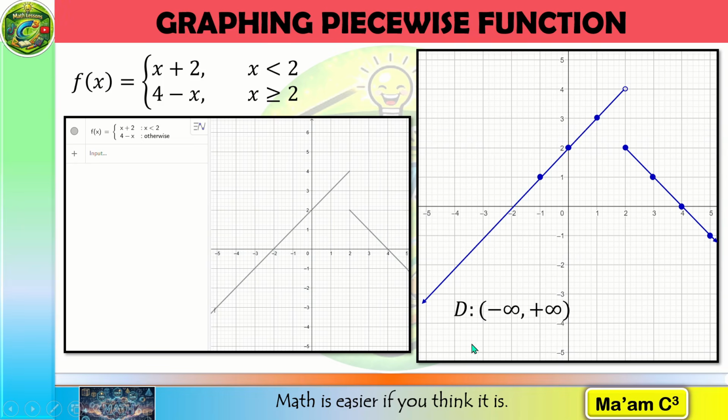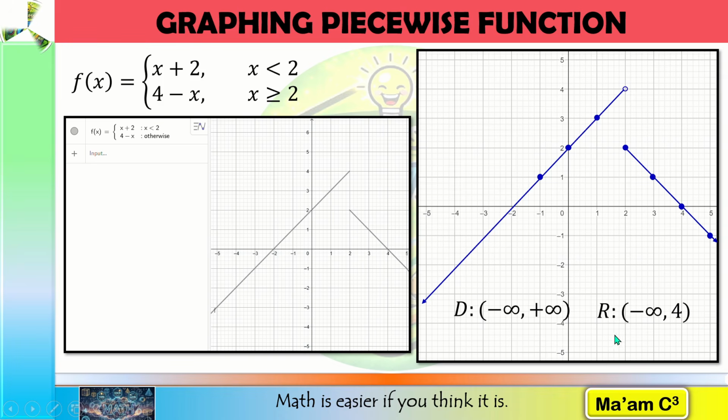Since we express our domain and range starting at the lowest possible value going to the highest possible value, this means our range here is from negative infinity, again this will extend indefinitely going down, up to 4. But 4 is not included. Negative infinity to 4. If it is an open circle, not included, we make use of parentheses. This is in interval notation.